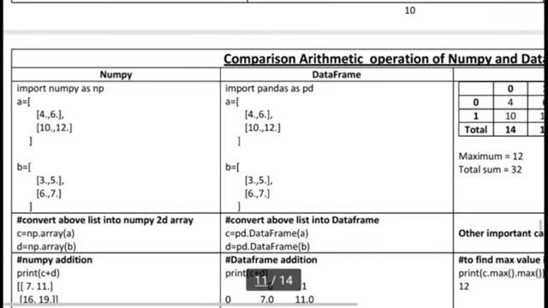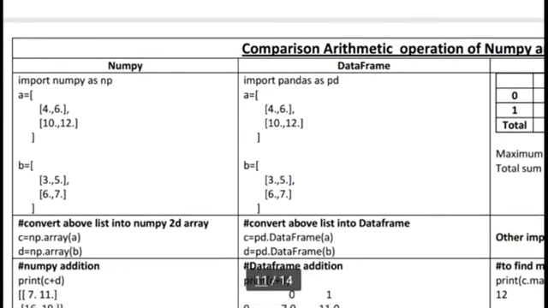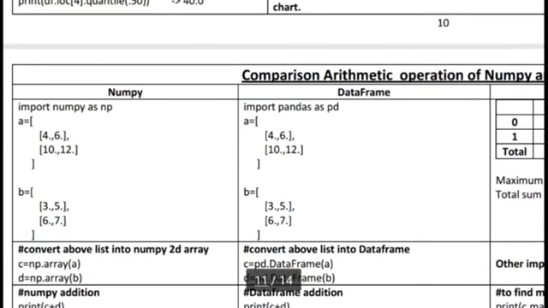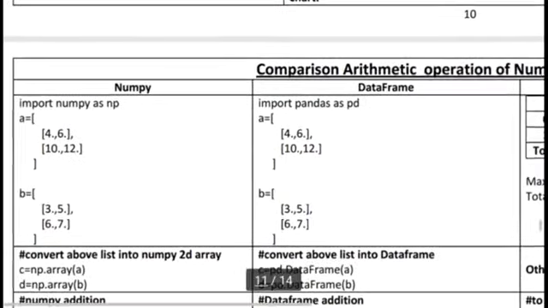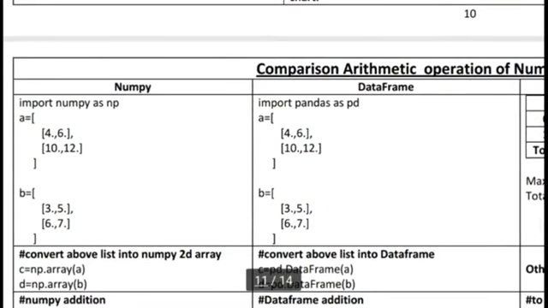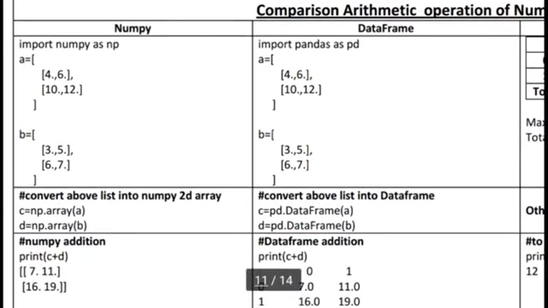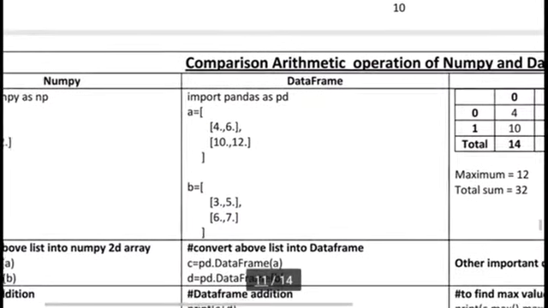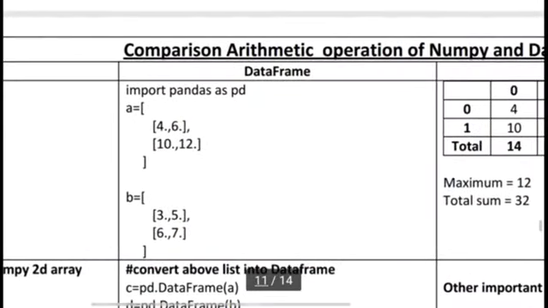In NumPy we already know we always use import numpy as np, but in data frame we always use import pandas as pd. Here I am taking the concept of a list. A is equal to square brackets with 4, 6, 10, 12, and B is equal to square brackets with 3, 5, 6, 7. The same thing I am using in the data frame, the same values and the same structure.